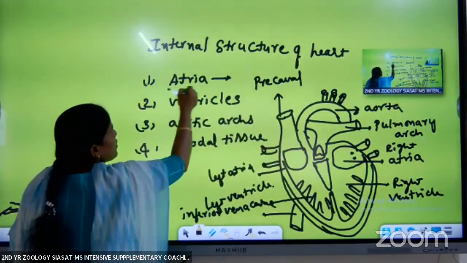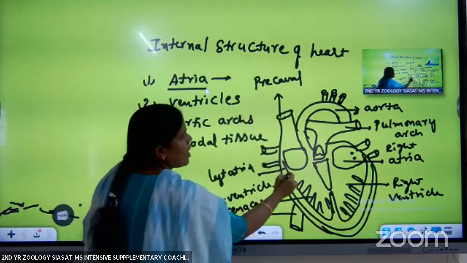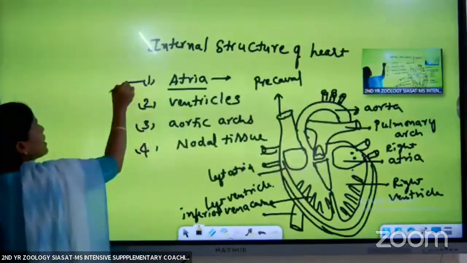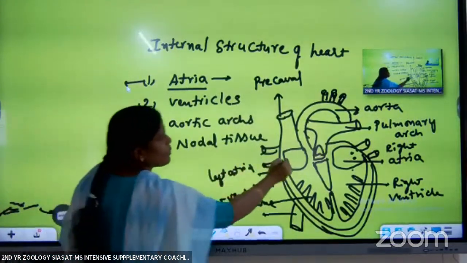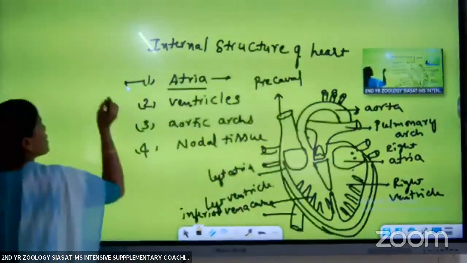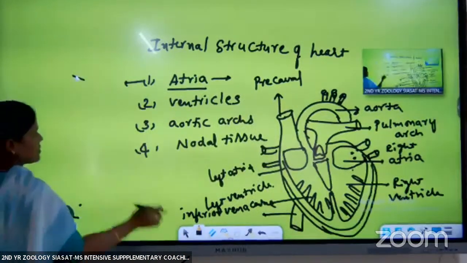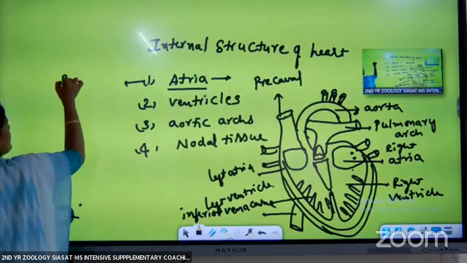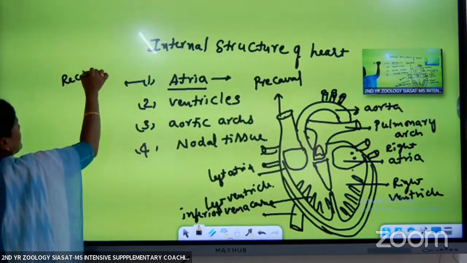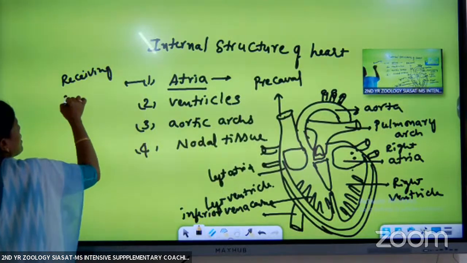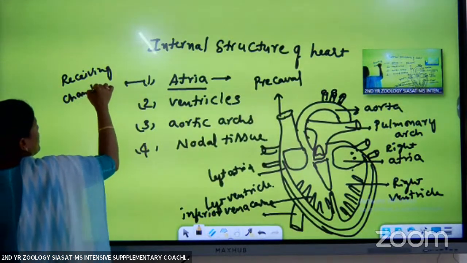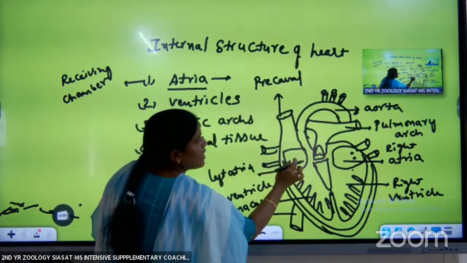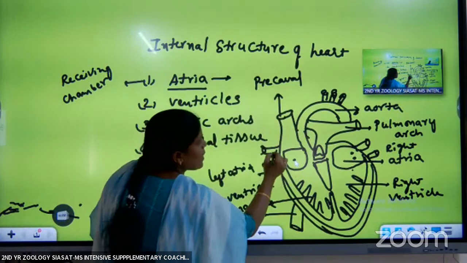First, we are going to discuss the atria. Atria are the upper chambers. They are the receiving chambers. The blood is received by the atria. That's why these are called receiving chambers. How are they receiving chambers? The right atria receives the deoxygenated blood from the